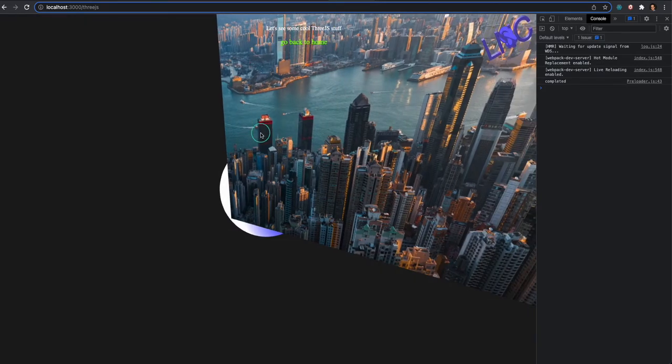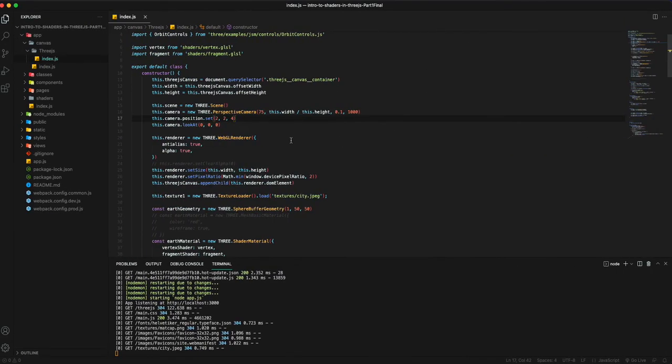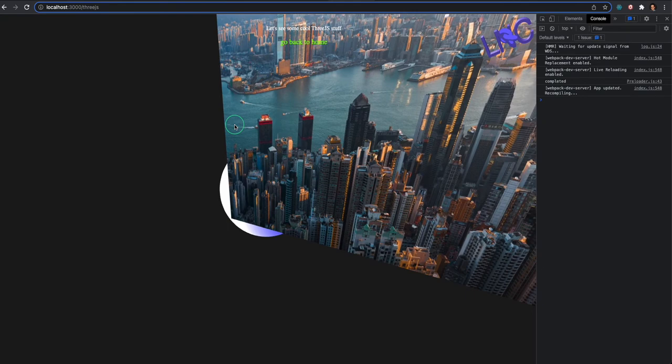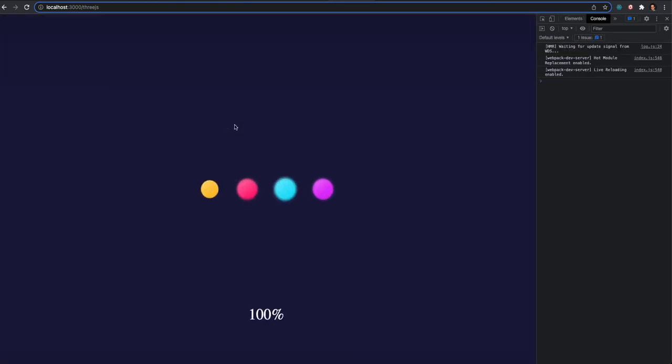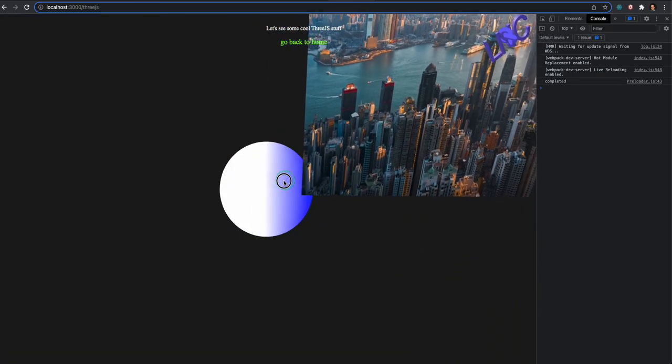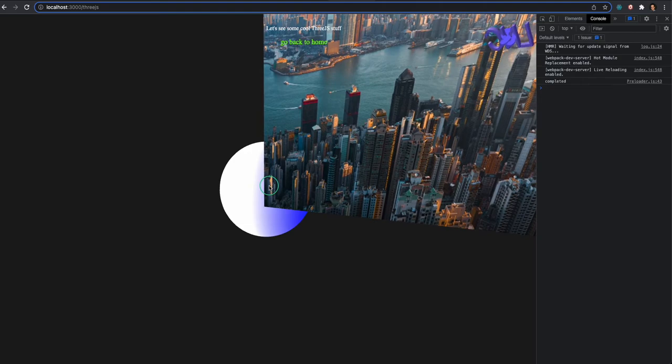Right now there is a problem: the camera is actually looking at 0, 0, 0, which is down here. We are not directly looking at this plane here. To fix that, we can get rid of this camera lookAt 0, 0, 0. That should be working, but if we look back again, we still have the same situation. The thing here is that we have orbit controls, and